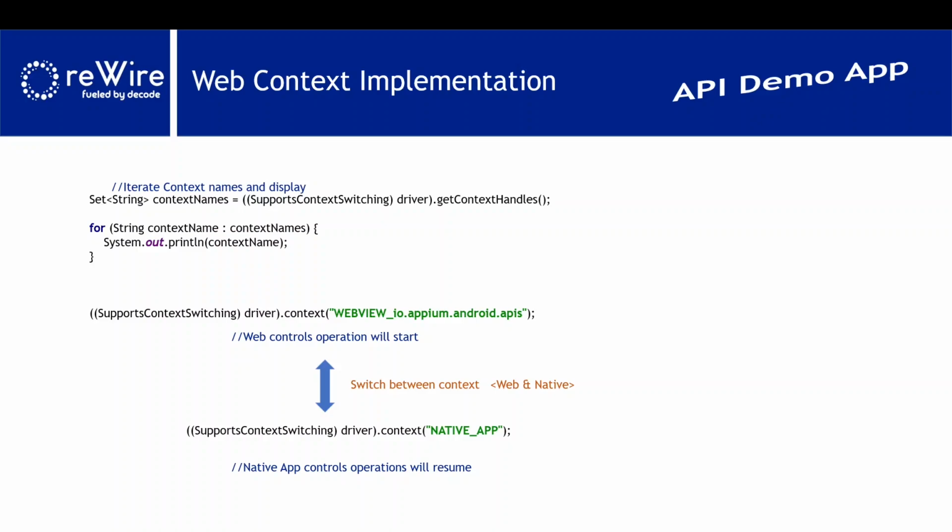Okay, whatever code I have shown is very raw code. So in your corporate assignment, you need to design a method where you put these particular statements and switch. Okay, so you can put an if statement or a case statement. Whenever you have web, it will switch to that and execute, and whenever you have native, it will switch to native, execute that and come back. Okay,